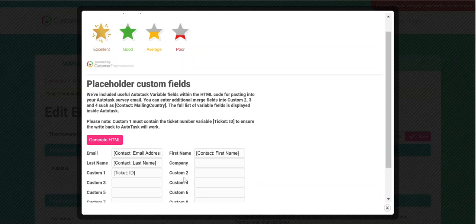Now when we generate our HTML, those variables and placeholders are encoded into our HTML, which will allow us to pull through the relevant information. So for example, ticket ID will be able to match up with the ticket ID held in Autotask and pull that information back into Customer Thermometer against the response. So this will give you identifiable data